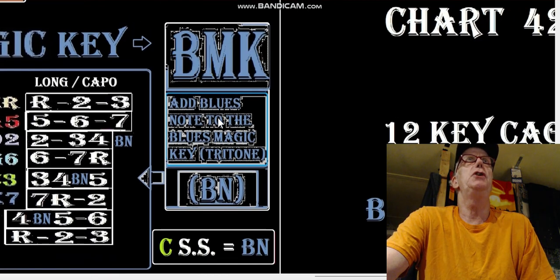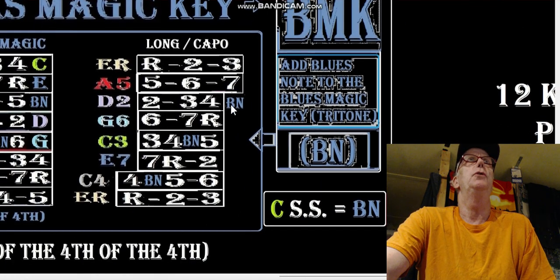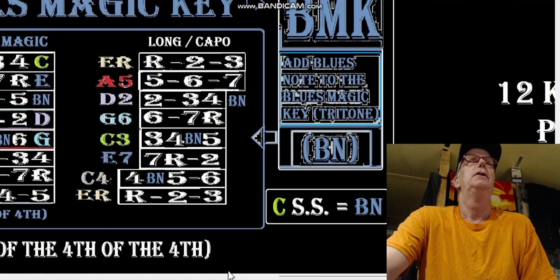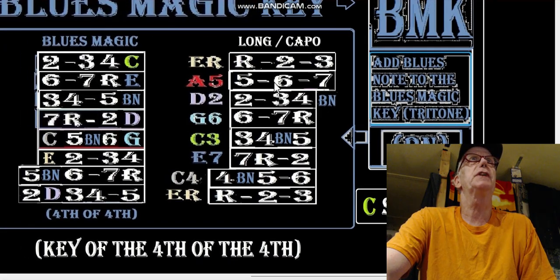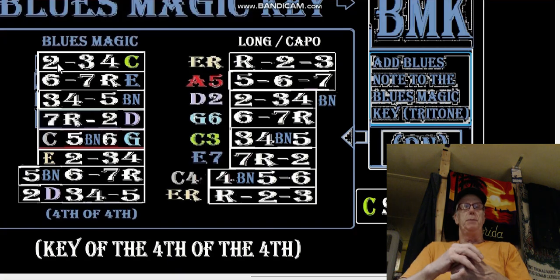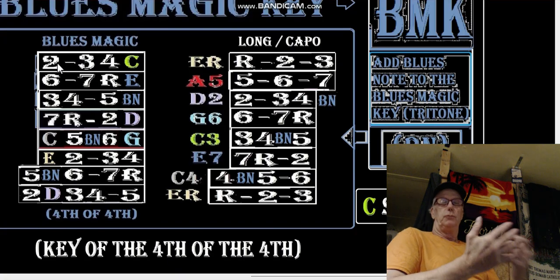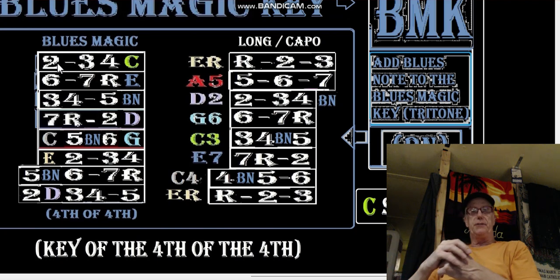Add blues note to the blues magic key, the tritone. So here it is. Alright, so it would be between the 4th and the 5th of the root scale. Here's the root scale. Here's the blues magic scale. Look at root. Look at 2. Root is the 2nd of the blues magic scale because root is the 2nd of the 4th of